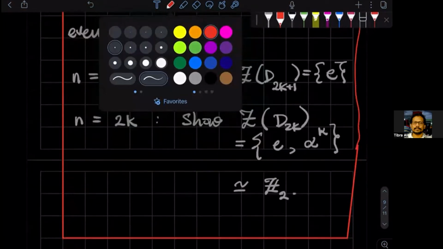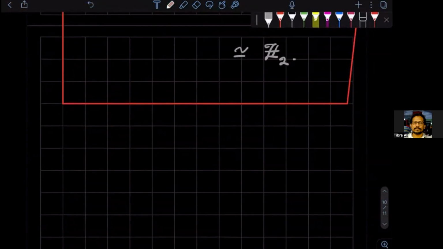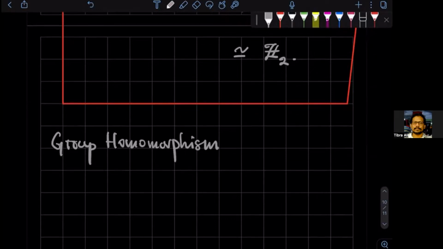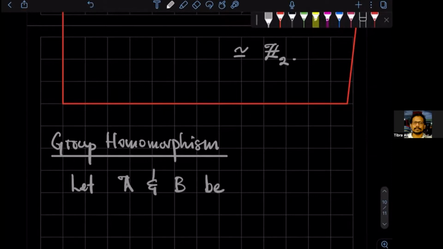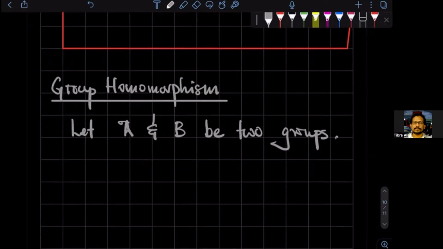Yeah. Let me give you a definition. And the definition is that of a group homomorphism. So say let A and B be two groups. I'm not using G, as you can see. Now, if F is a map from A to B,